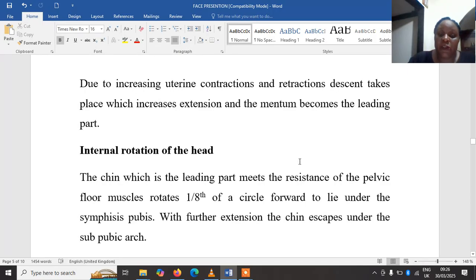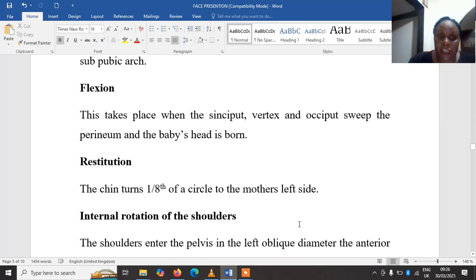Due to increased uterine contractions and retractions, descent will take place, and it will increase the extension, and the mentum will become the leading part. As the mentum becomes the leading part, it will reach the pelvic floor muscles, and it will rotate 1/8 of a circle forward to lie under the symphysis pubis, and with further extension, the chin will escape under the subpubic arch. So more flexion will take place, and then the sinciput, the vertex, and the occiput,